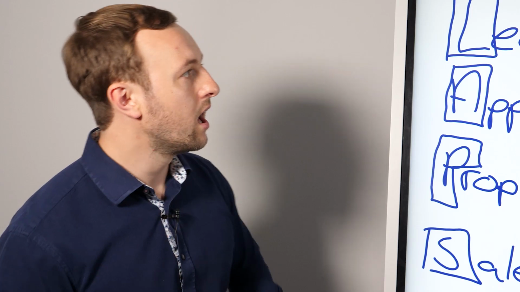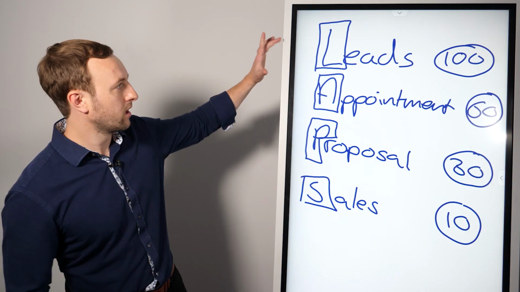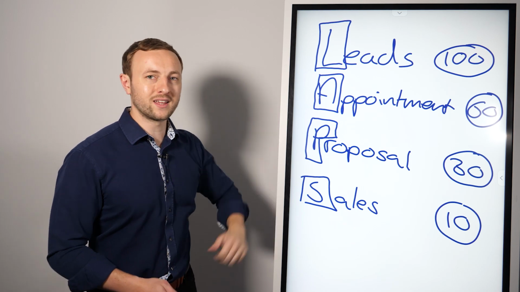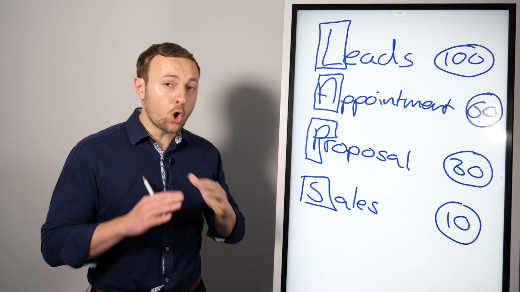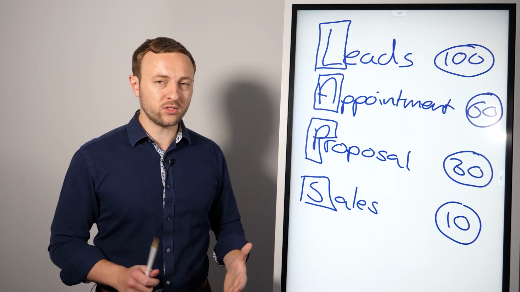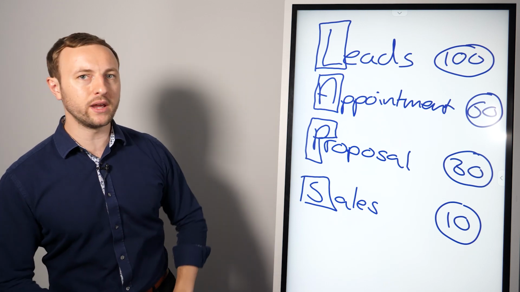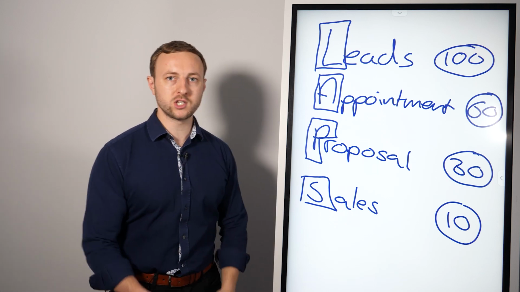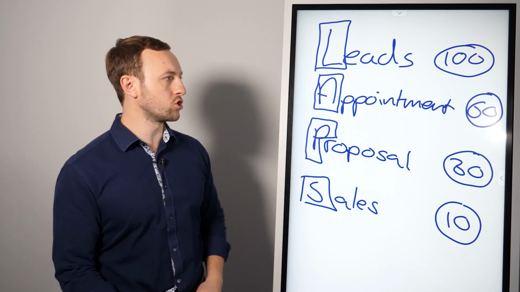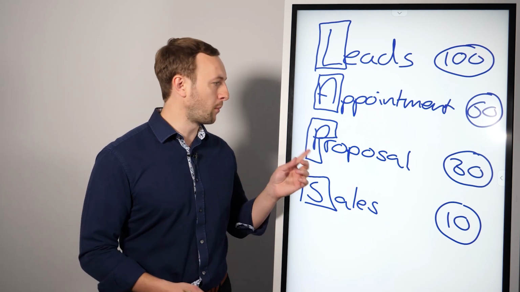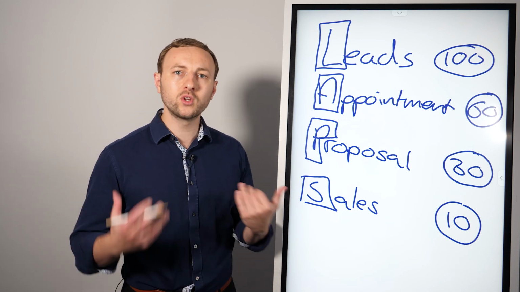Let's say I'm doing that and I get X amount of leads and then I book them in for an appointment, have a phone call, put forward a proposal and get the sale. This is so simple. The great thing is you can then analyze it a bit more. So after say 4 weeks of doing this, if you realize after 4 weeks you've had 200 leads, 120 appointments, 60 proposals and 0 sales, what does that tell you?